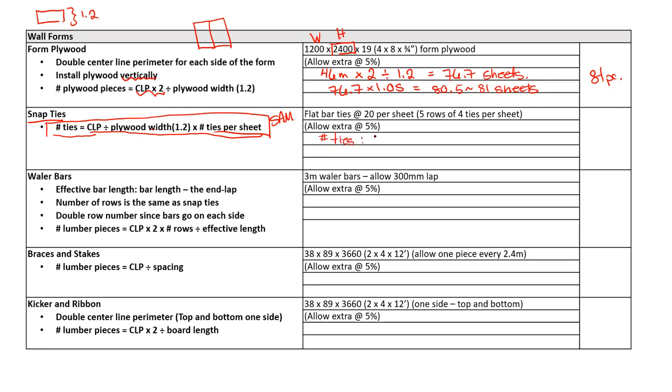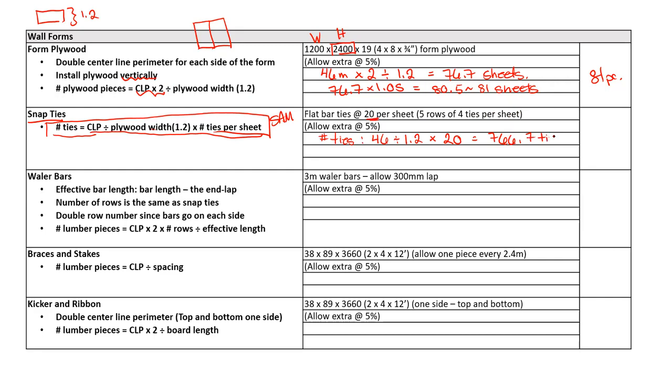So the number of ties is our center line perimeter of 46. We're going to divide it by how wide the plywood was, which was 1.2. And then we're going to multiply by how many ties each sheet has. And each sheet has 20. It has 5 rows of 4. Sometimes that number might be 15. That's another common number that comes up, so do watch for that. So 46 divided by 1.2 times 20 leaves us with